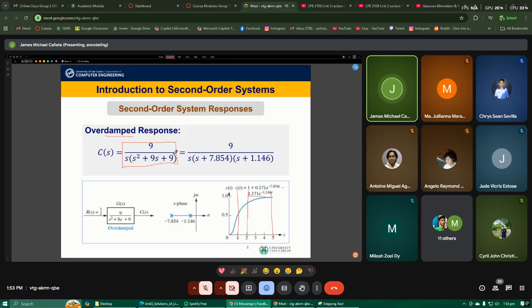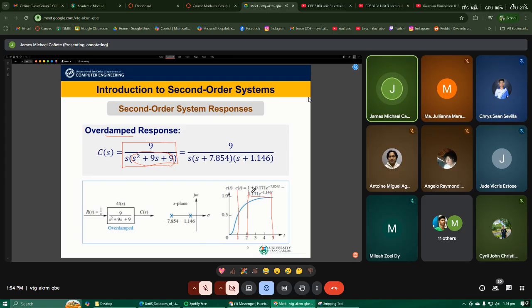So the important part is the natural response. This is the component of our transfer function. If you take this, expand it to a product form, we see that the roots are real, or the poles have real components. Below this are the graphical representations of this one. So an overdamped system looks like this. When we get the expanded form, we can quickly draw the s-plane. The s-plane becomes a very useful tool later on in the next topic. When we look at the s-plane, the poles are actually found on the real axis.